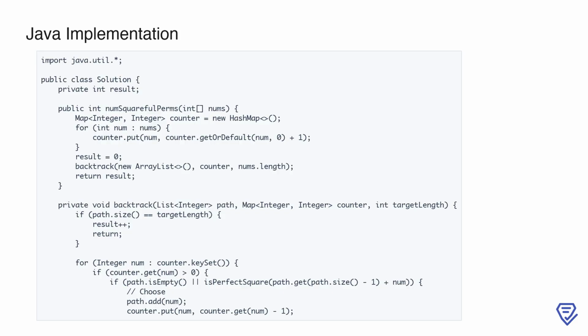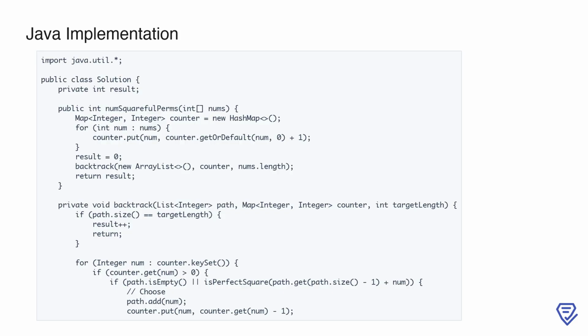After initializing result to 0, we call the helper method backtrack, passing an empty list as the current path, the counter map, and the target length, which is the size of the input array. The backtrack function is where the recursive exploration occurs. If the current path size matches the target length, we have found a valid permutation, so we increment the result